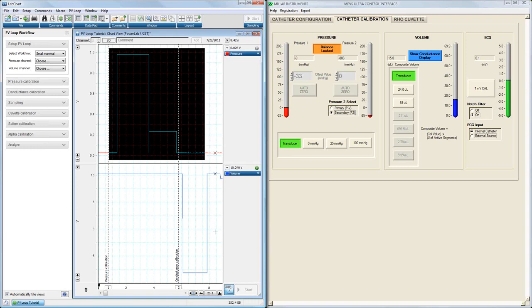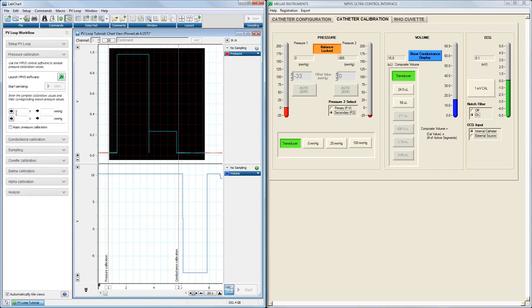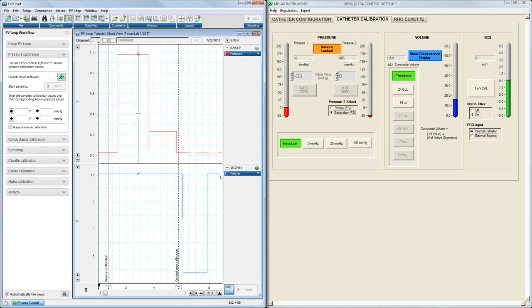And we can use this data trace to actually go ahead and do a 2-point calibration in LabChart. There's 2 ways you could do this. With our new PV Loop 2.0 software module, you can actually perform a pressure calibration here that gets you to units conversion. Or if you prefer to use it without the workflow mode that we currently have in PV Loop 2.0, that was introduced with it, you can go back to kind of what you did prior with PV Loop and actually